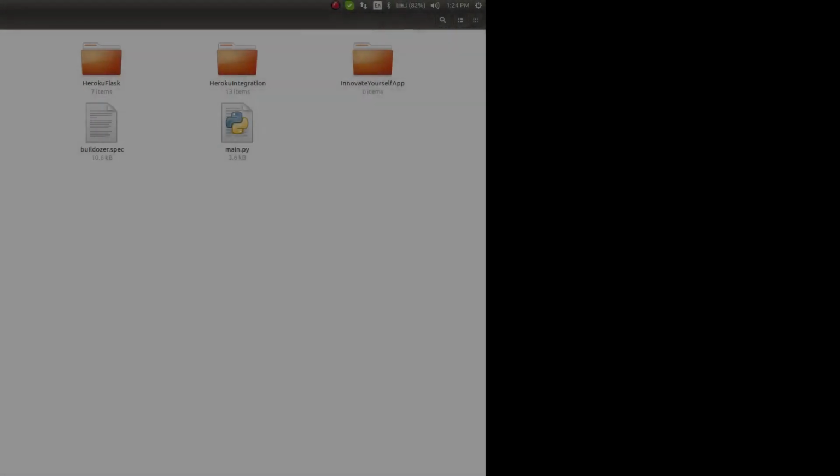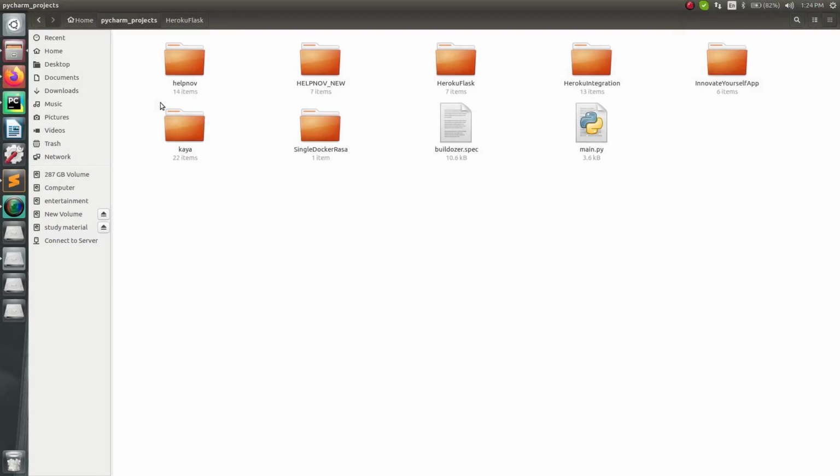So for that, firstly let's create a new project. In that project I will create a very basic application in which I will have a simple web page opened with respect to the Flask application, so that if I access the API which will be generated with respect to the Heroku app, it will show me the result on the web page, and that web page is the one which I will just create now, right? So this is all that I will do now.